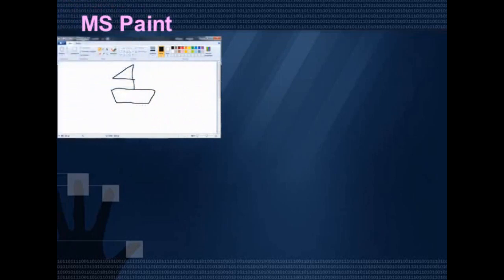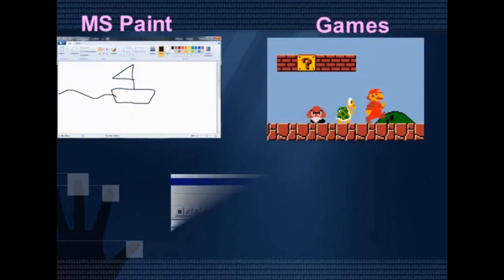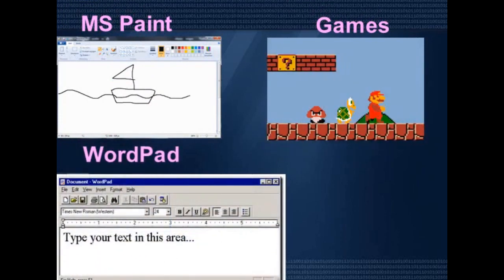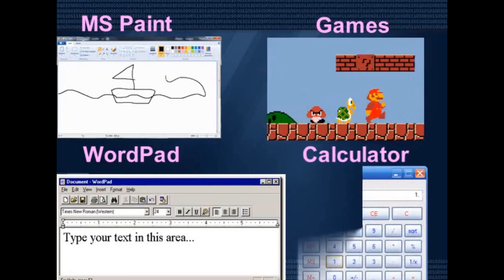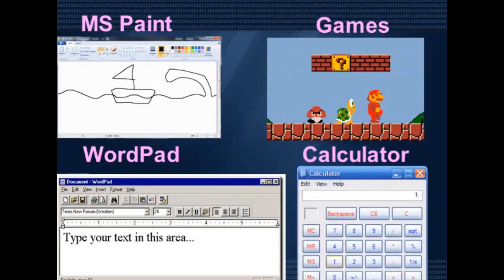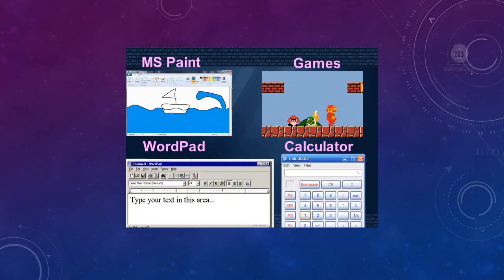There are different types of application software that help in doing specific types of jobs. For example, MS Paint is used for drawing pictures, games are used for entertainment, WordPad is used for typing and making corrections in the text, and calculator is used for doing calculations. Likewise, there are a number of application software present in our computer.